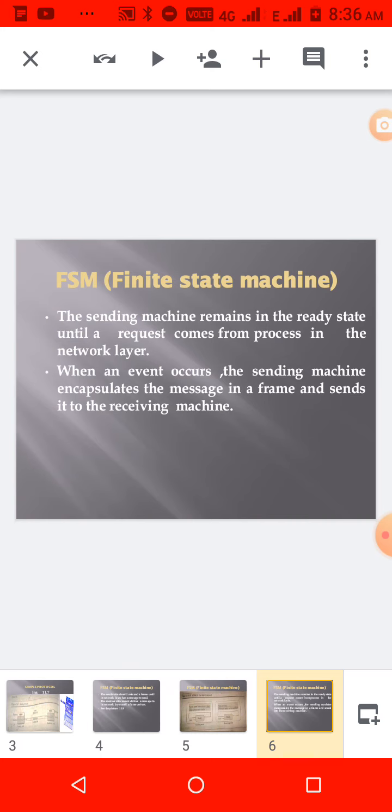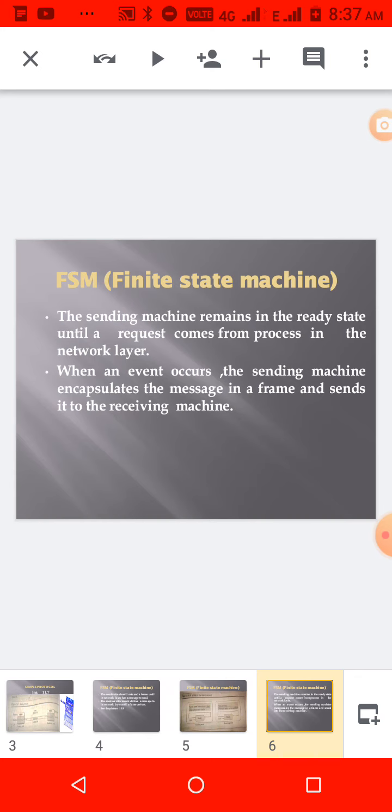The sending machine remains in the ready state until a request comes from the process in the network layer. Students, you consider both sides. On the sender side, it is ready to get data from its upper layer, the network layer. The receiver side is ready to accept data from the sender and send that data to its upper network layer.